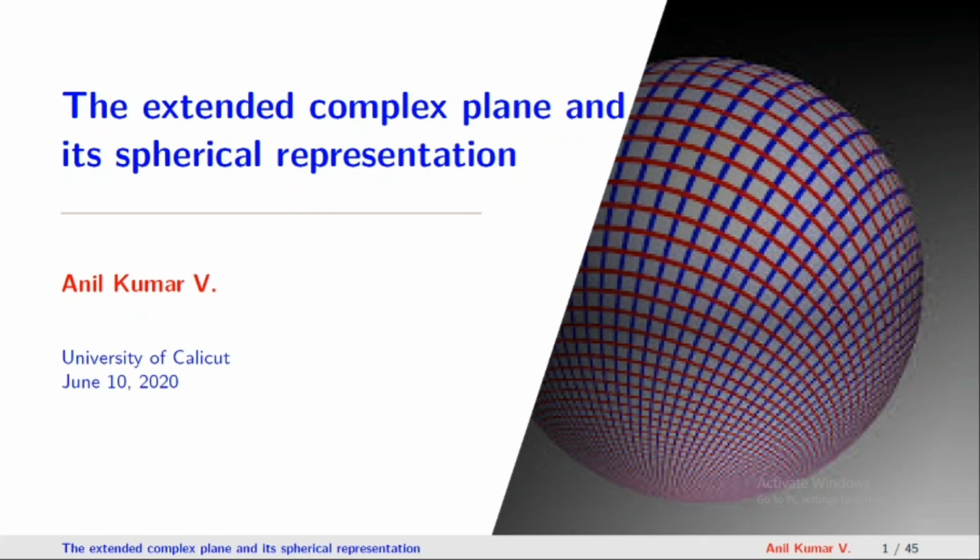In this section, we introduce a geometrical description of complex numbers as points on a sphere. The advantage of this representation is that it includes the point at infinity. This abstraction simplifies several facts in complex analysis. To explain the geometrical description of complex numbers as points on a sphere, we need the notion of stereographic projection due to Riemann.